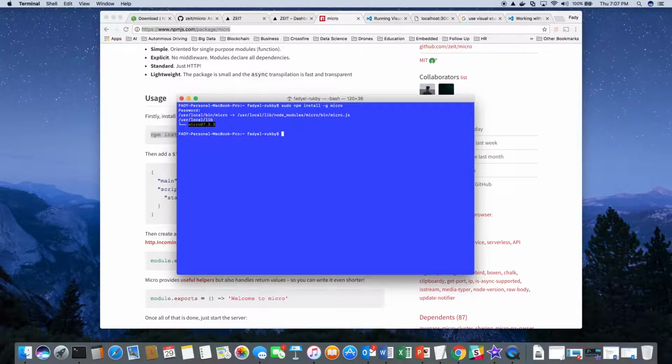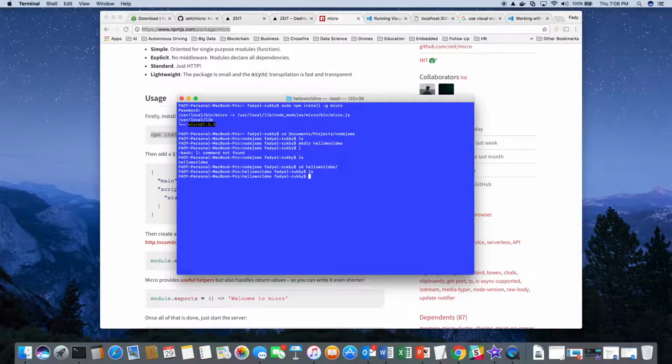I already have created a higher level folder for these projects, so I'm going to switch to it. And I'll create a specific folder for this Hello World microservice. Okay.